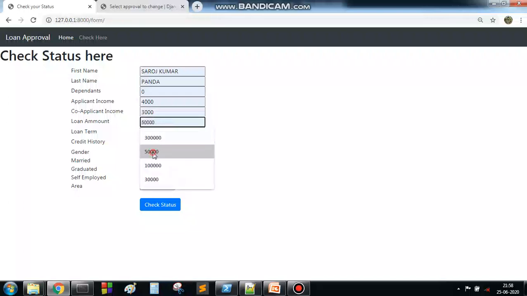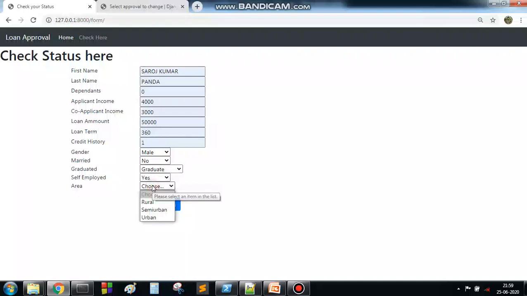Loan amount let it be 50,000, loan term 360 days, credit history 1, gender male, married yes, graduate yes, self-employed no to get a positive response from the machine learning, area urban.